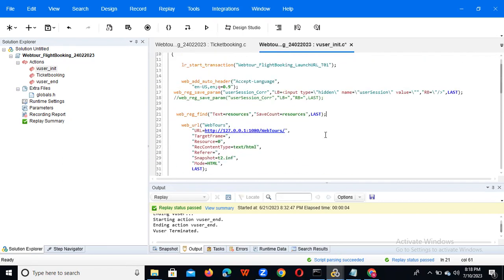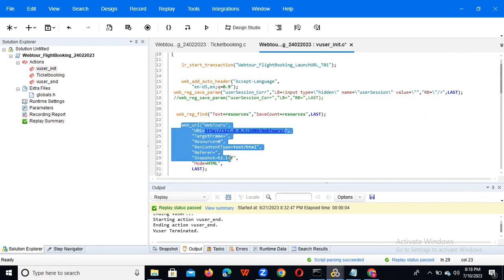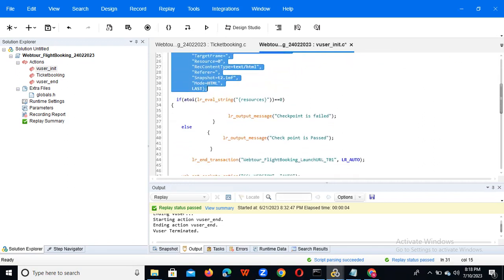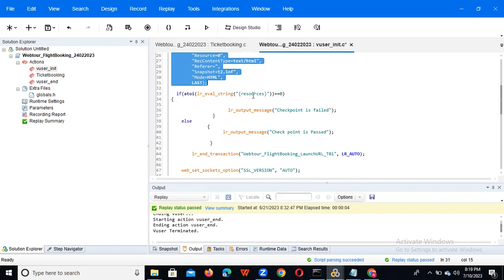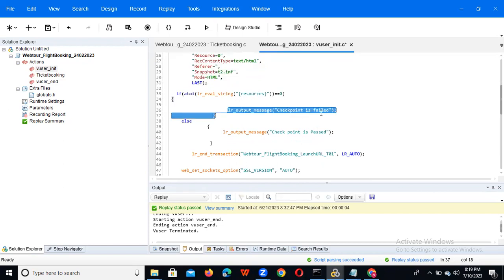This particular resource text, it will check in this space, and it is calculated from the save count. If the resources count is 1, it means in this space 1 time will be there, in this space 2 times will be there. Then what will happen? For example, 1 is there, 1 equal to 0. Then what will happen? Your checkpoint is failed because actually 0 resource is equal to 0 means then it is a